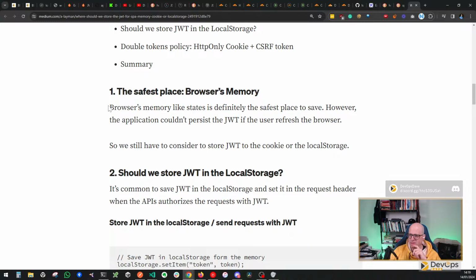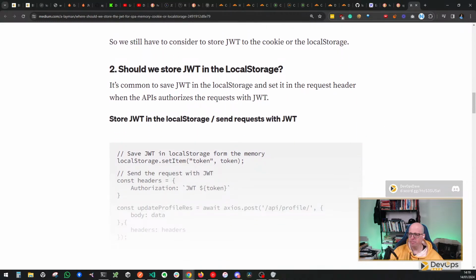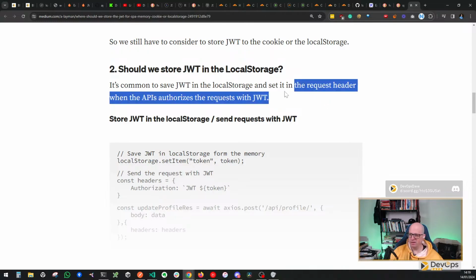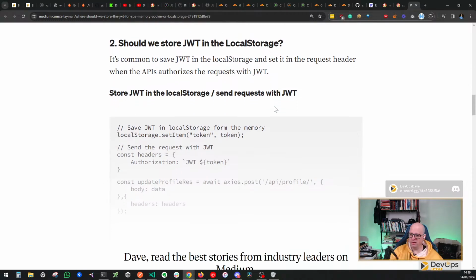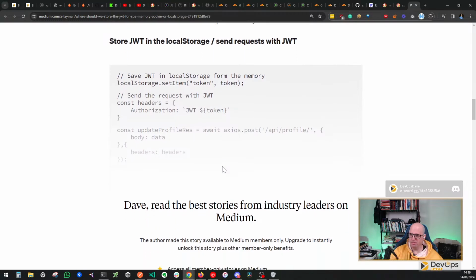Yeah, exactly. So if you store it in memory, which is the safest, then you lose the ability to refresh the browser. Welcome to banking, which is why if you accidentally hit the back button instead of their back button, you have to re-log in. It's common to save it in local storage and set it as the request header. So that's probably the way that I'm headed, but